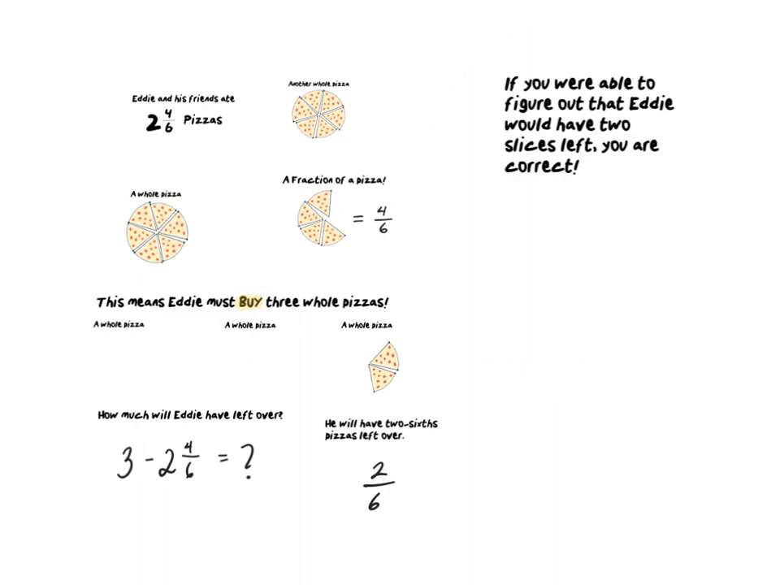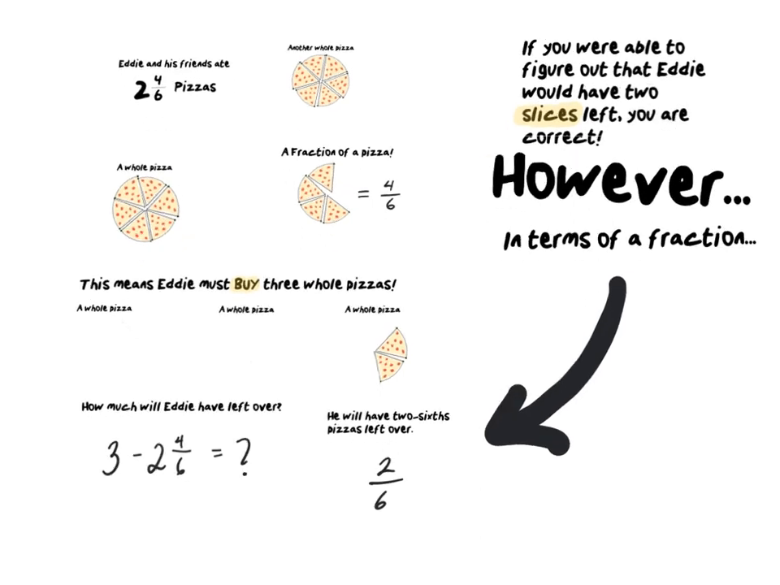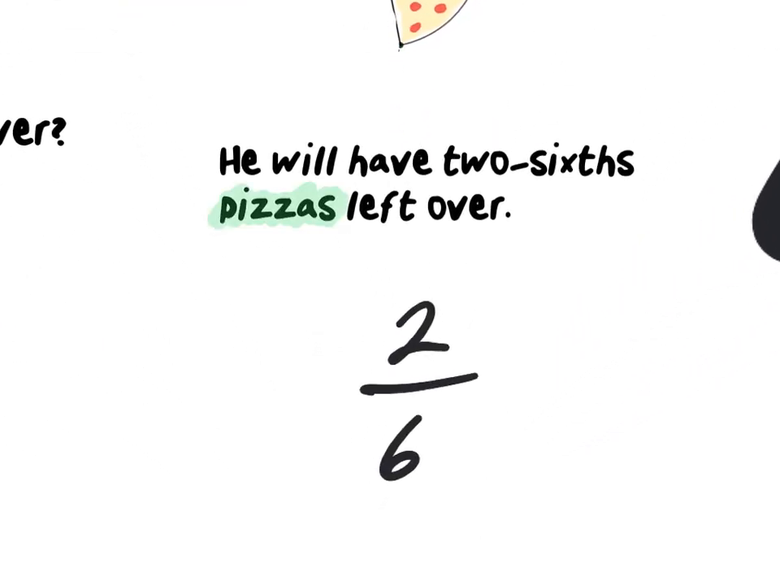So this is very important. If you were able to figure out that Eddie will have 2 slices left, you are correct. However, we have to think about this in terms of a fraction, which means he will have 2/6 pizzas